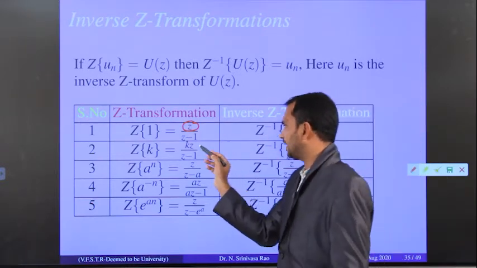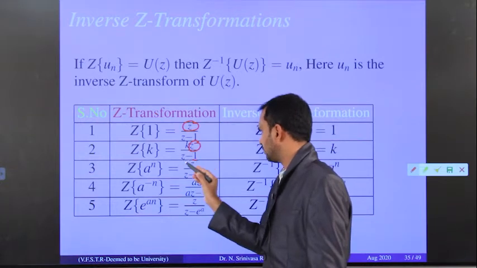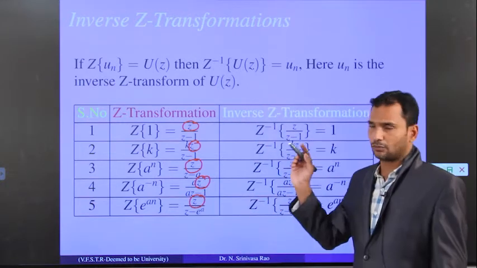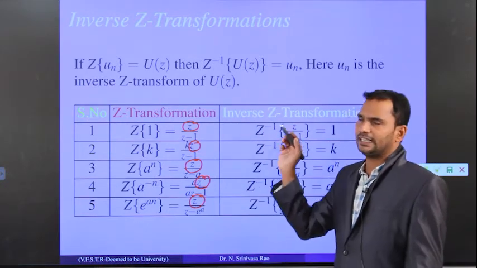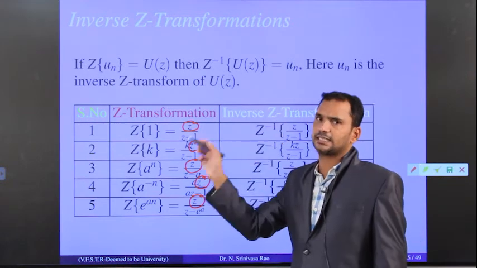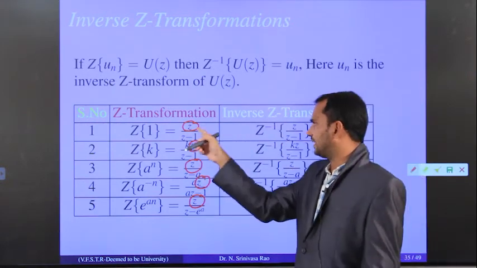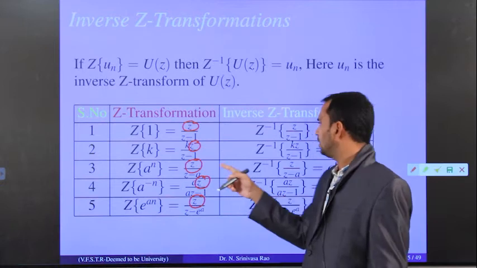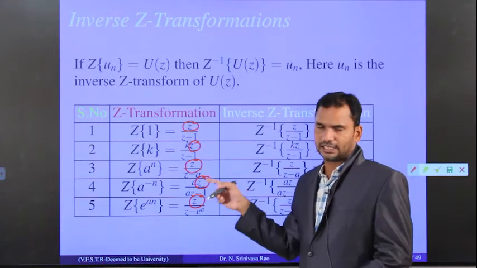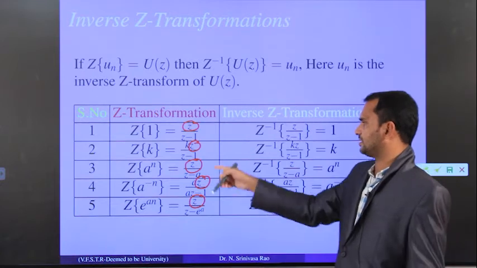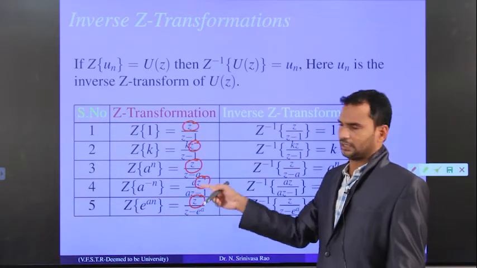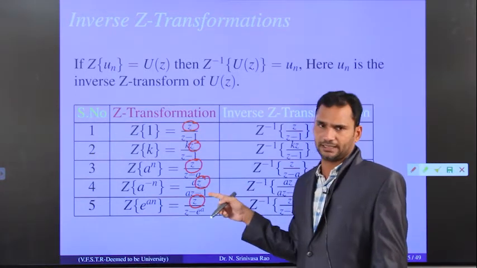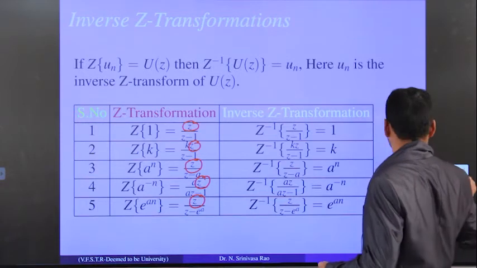Here also you can look at, here also, and here also. So from this I conclude that every Z transformation formula contains z as a common factor in the numerator. It is compulsory. Why I am stressing this, I will tell you later: for finding inverse Z transformations, keep this in mind. So remember, in every Z transformation formula, z is common in the numerator.